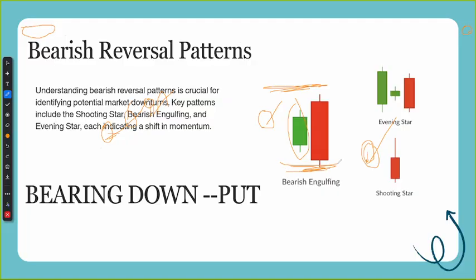Or you see this, it's like a hammer, but it's inverse. It's called a shooting star, right? So you see how the line at the top is big, then the candle is small. The one at the bottom is the buyers, but they did not win. They could not win because the sellers pushed it. So obviously this thing had gone high to this place, but sellers pushed it back here